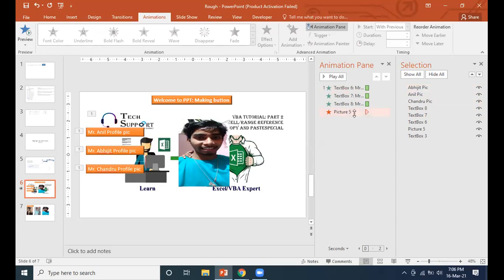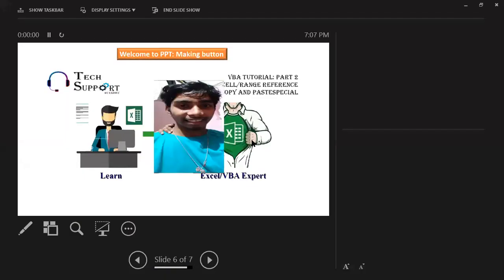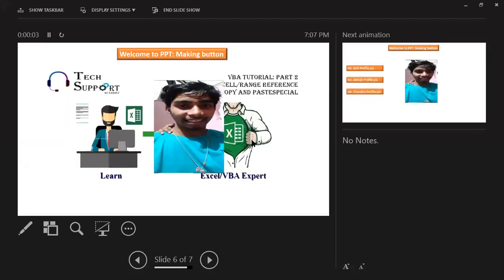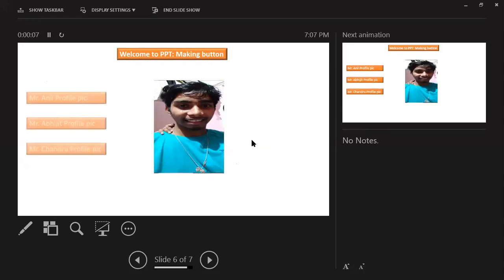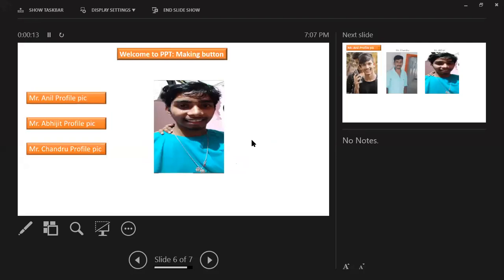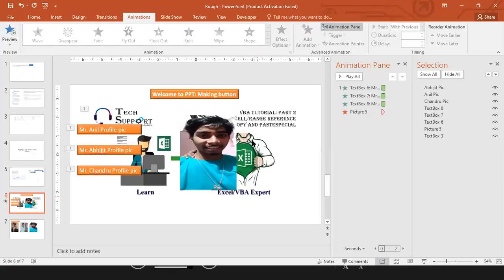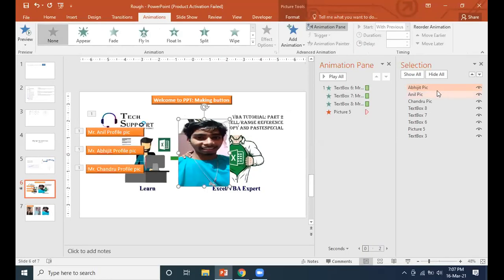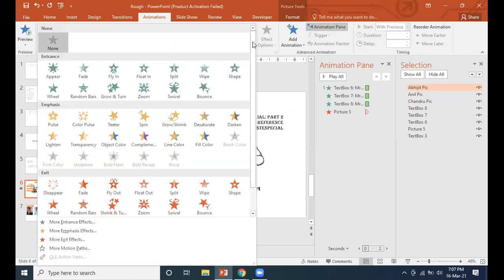If you don't make it disable, then the Abhijit, Anil and Chandru images will all be visible on the screen, because we have not done any animation, so they will be there all the time. Just see, they are all there. So we have to make it disable on next click for each image, so we have to put the disable here.